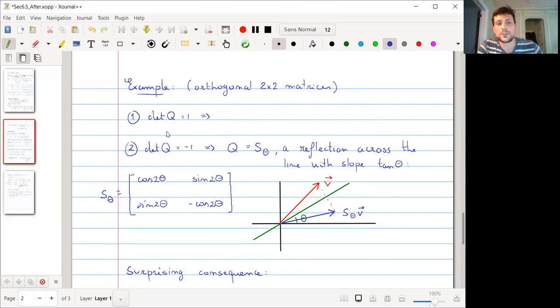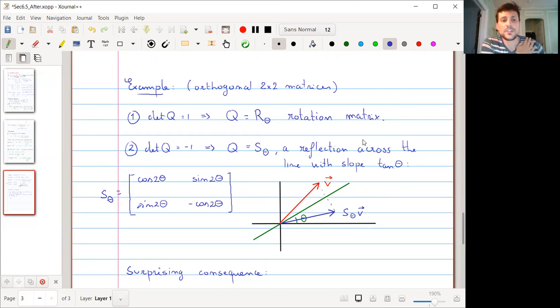If the determinant of an orthogonal 2 by 2 matrix is 1, we've already seen this, Q can only be a rotation matrix. If instead the determinant is -1, and remember that these are the only two possible cases because the determinant of an orthogonal matrix can only be 1 or -1,